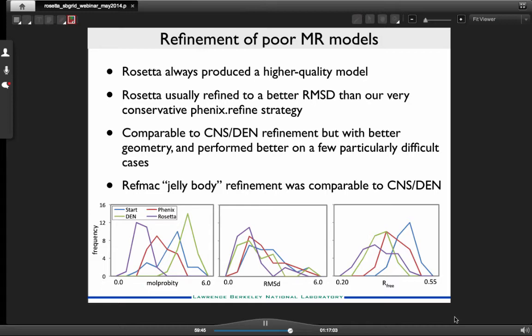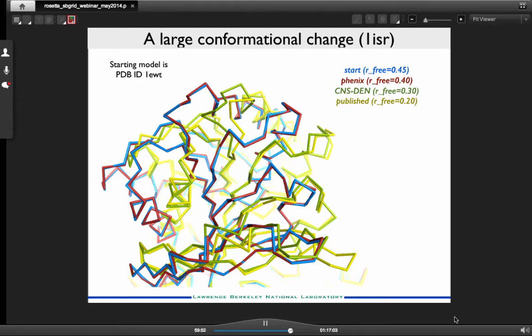It moves the model quite a ways. The geometry is okay, but it's not quite as good as what we can get out of Rosetta. So this is an example from the paper. This is a fairly extreme example of the kind of conformational changes we can see coming out of this refinement